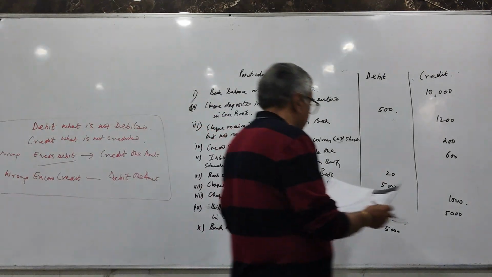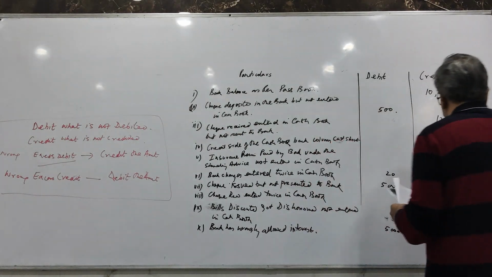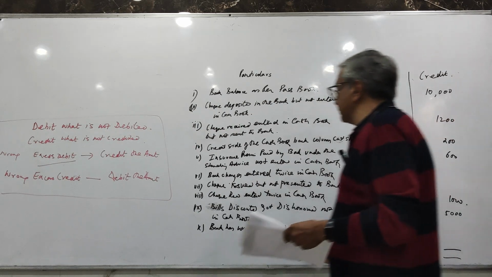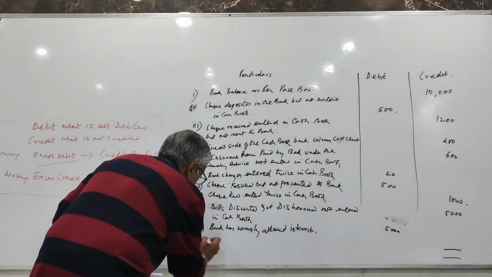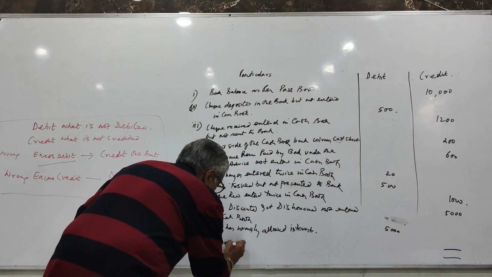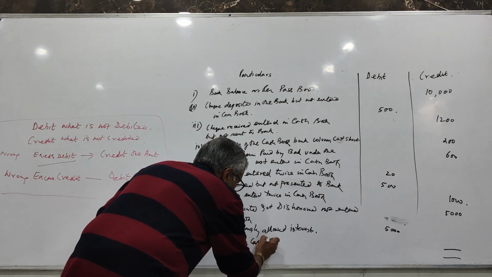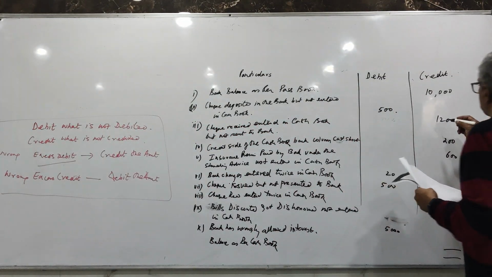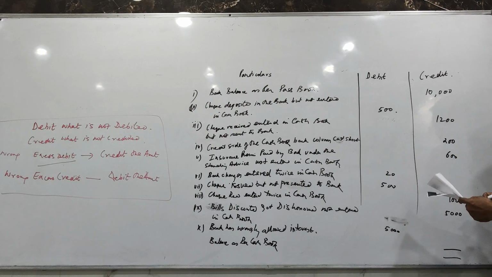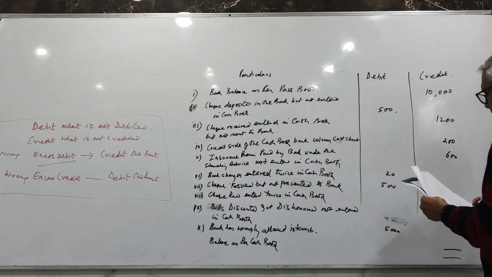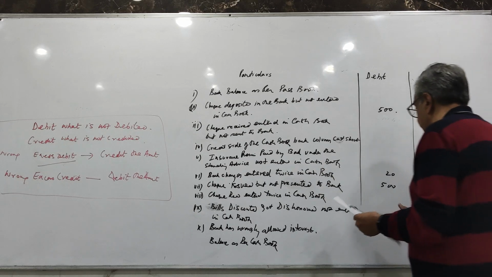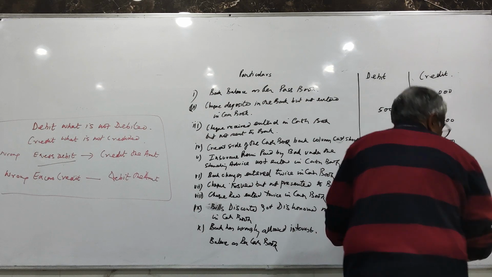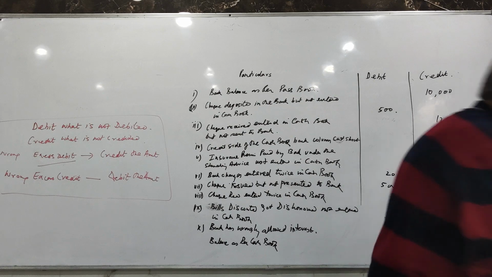नाउ व्हाट विल हैपन, अब हम क्या करेंगे, इस साइड का टोटल लगा देंगे, इस साइड का टोटल लगाएंगे और ये टोटल हमारे पास आ जाएगा। और इस टोटल को लगाने के बाद जो डिफरेंस आएगा वो आ जाएगा बैलेंस एज पर कैश बुक। बैलेंस एज पर कैश बुक का हमारे पास बैलेंस आ जाएगा। आप इसका टोटल लगाइए एक बार, देखिए टोटल कितना आता है। इसका टोटल हमारे पास आ रहा है, हमारे पास ये आ जाएगा 11,000। दिस इज 11,980। I'll just make the total for you and show you the difference।